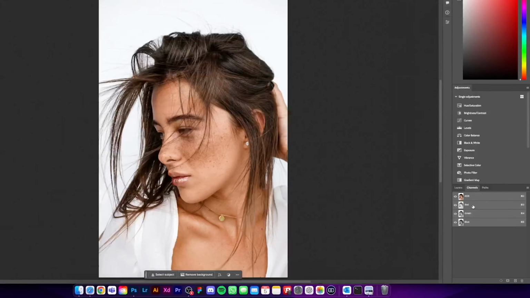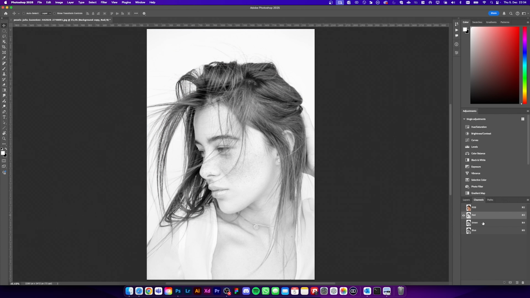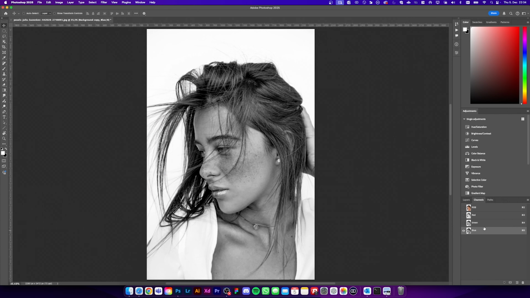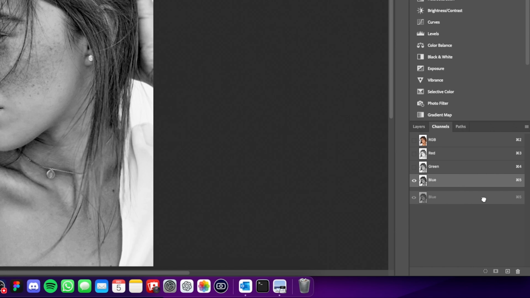We will now search for the channel with the highest contrast between the background and the subject. To find the one with the highest contrast, just click through the channels. Choose the one with the best contrast. In this case, it's the blue channel. Duplicate your channel by dragging it onto the plus icon down below. For humans, the blue channel often has the highest contrast because blue is the least present in skin tones and